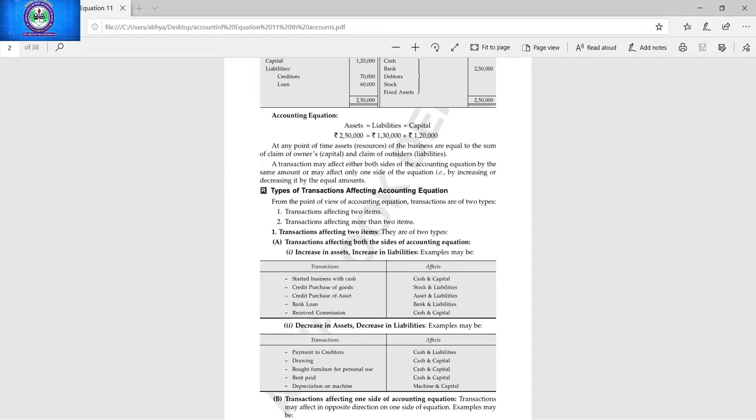Very good. And you have brought money into the business now. In which form has money come into the business? Cash. Yes, very good. So the two accounts here are cash and capital. All the students have given me the correct answer: Shruti, Nilima, Shiv, Pulkit Sharma. So cash and capital both will be increased.